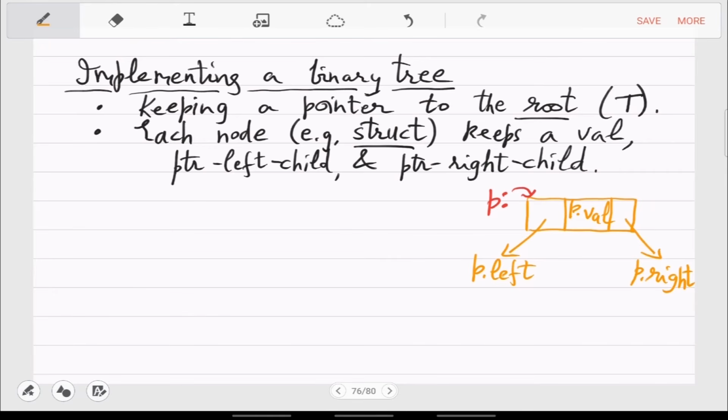In fact, for current purposes, we'll think of p dot val as an integer. And the other two, p dot left and p dot right, are just pointers. Again, pointers to struct. So in C programming, it will be struct star. Okay, so you have P is a struct, and then this struct inside has 3 fields.